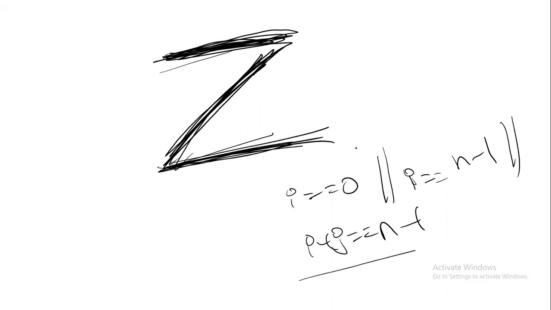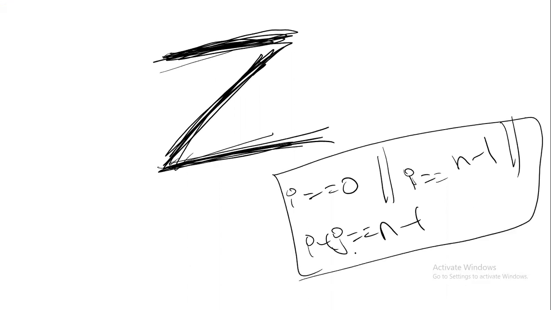Is this a row or a column? No, this has a separate line equation. Okay, what's the line equation? It is I plus j equals n minus 1. That's why, OR operator, I plus j is equal to n minus 1, and this will be our code. Okay, you can take the screenshot. I'll not execute this because you also know that I'll get the output. You can take the screenshot if you want.